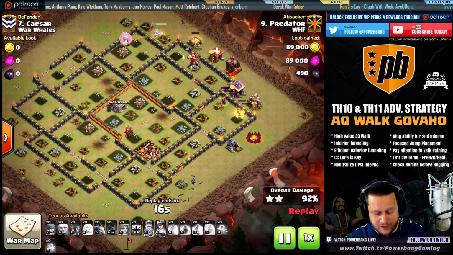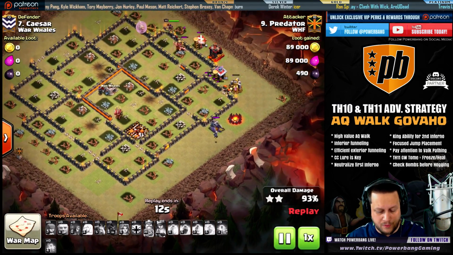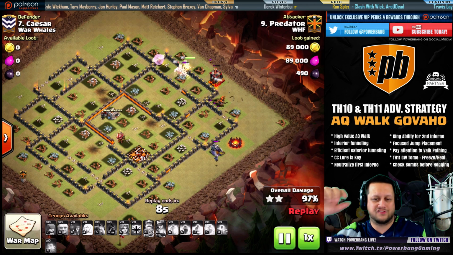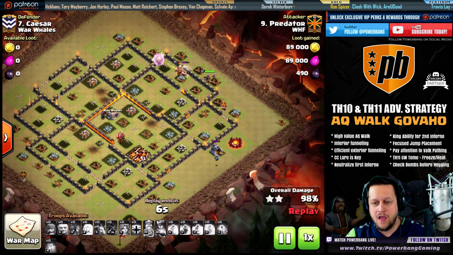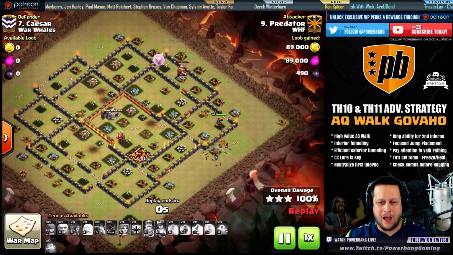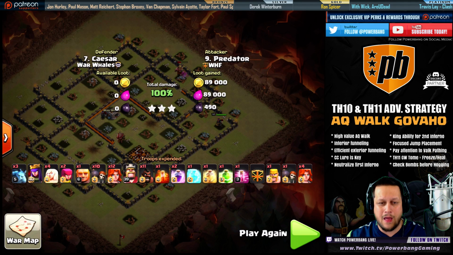Now, he finishes off, making sure that he drops his troops on the edge of the trash ring, as always, guys, and he gets that 3-star wrapped up. So, some bullet points above my head here. Make sure that you pay attention to all of those. The high-value AQ walk doing that interior funneling. You've got minions doing efficient exterior funneling, 2 camp space for a minion, and that...